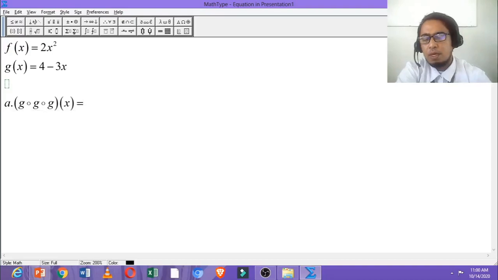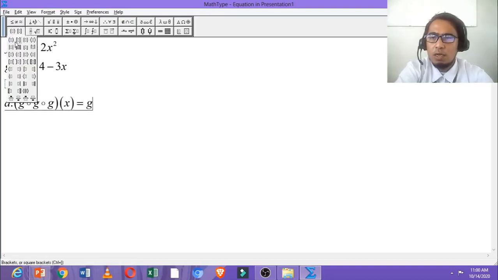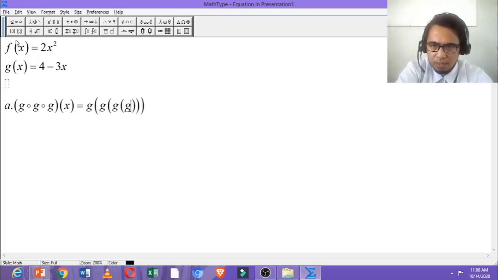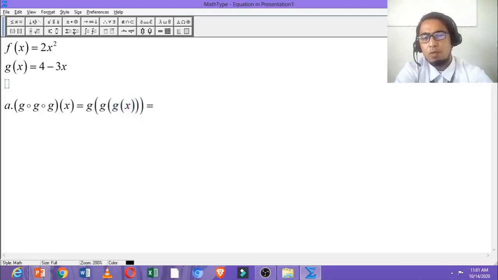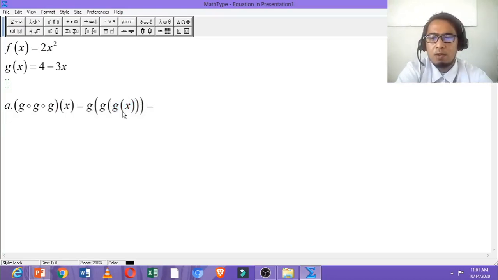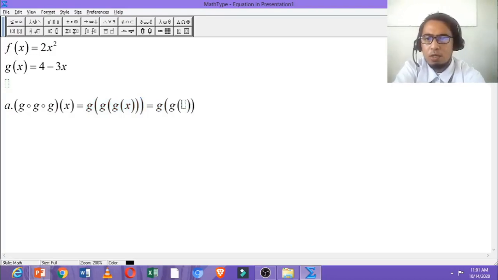And from the definition, it can be written as g of g of g of x. So the innermost function is g of x, then followed by g of x and another g of x. The next step that we will do is to substitute the value of g of x from our given, and the value of g of x is 4 minus 3x. So let us copy this one, and we will be replacing this portion, the g of x, by